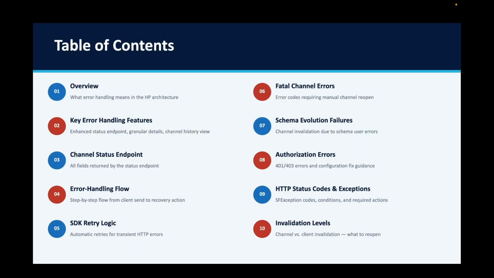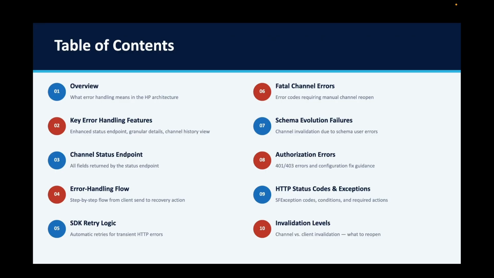What we are going to cover will have overview and the key error handling features that contain status endpoints, granular details, channel history view, the channel status endpoints, all the fields written by the status endpoint, error handling flow, step-by-step flow from client send to recovery action, SDK retry logic, automatic retries for transient HTTP errors, the fatal channel errors,